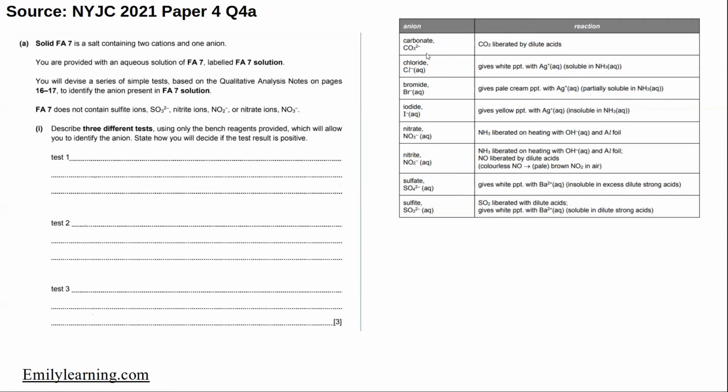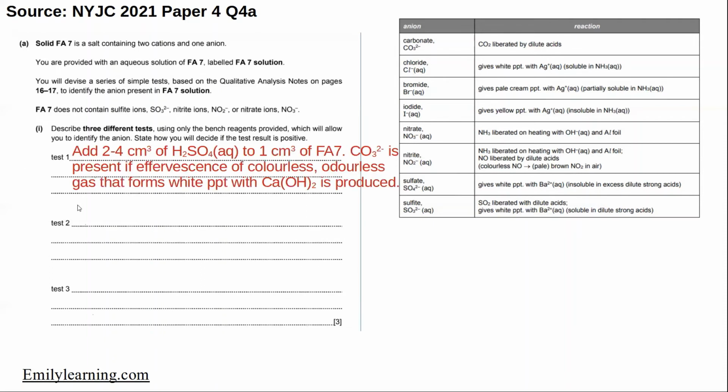In test 1, I'll test for carbonate. In order to test for carbonate, I will add sulfuric acid to Fa7 solution. If carbon dioxide is liberated, then that means carbonate is present. So I need to tell them how to test for carbon dioxide. In order to test for carbon dioxide, we will use lime water, which is your aqueous